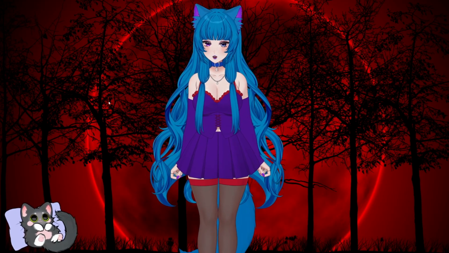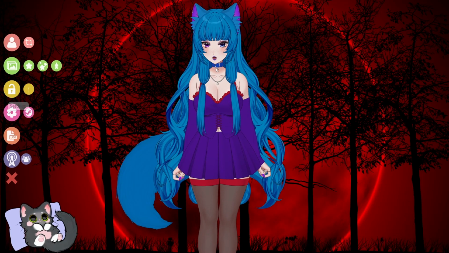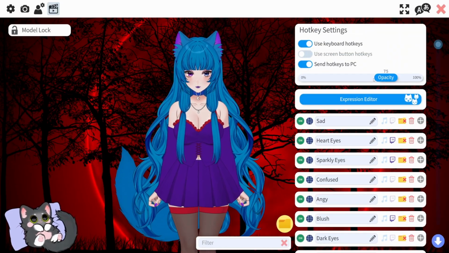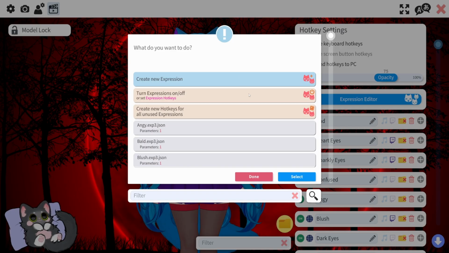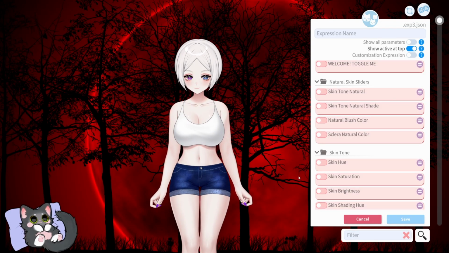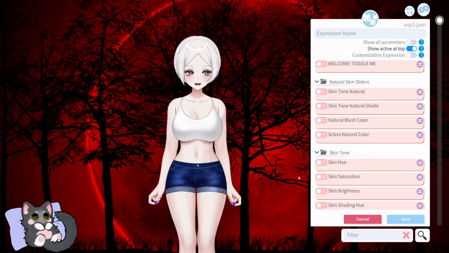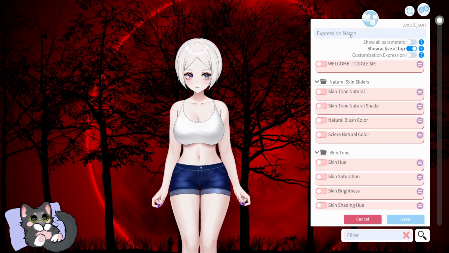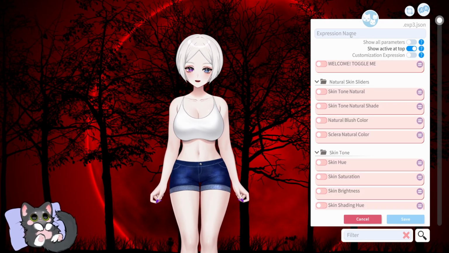So we're going to go over here and create a new expression. We're going to go into the expression editor, create a new expression, hit select. Okay? So hi, this is base me. What you're going to do is name it whatever you want your hairstyle to be. So in this case, we're going to call it